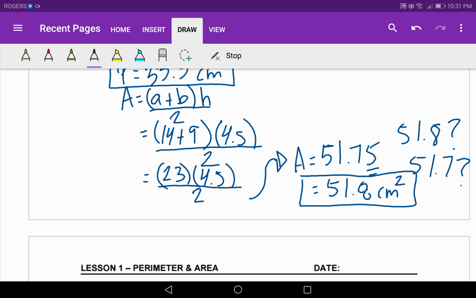So 3 things to remember. Pick the right formula once you identify the shape. Plug in the numbers correctly into their right spots. And then lastly, make sure that you follow BEDMAS rules. If you do all those things, the only thing you can really do wrong is maybe a little calculation error in your calculator. Maybe you press the wrong button or something along those lines. But beyond that, you should be